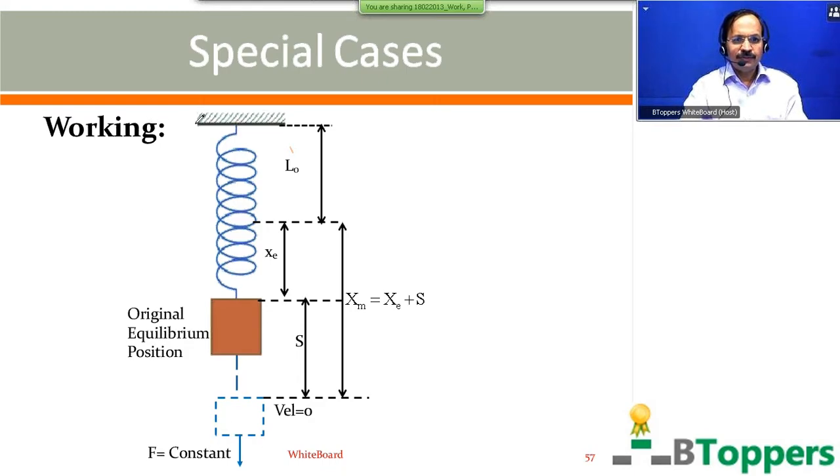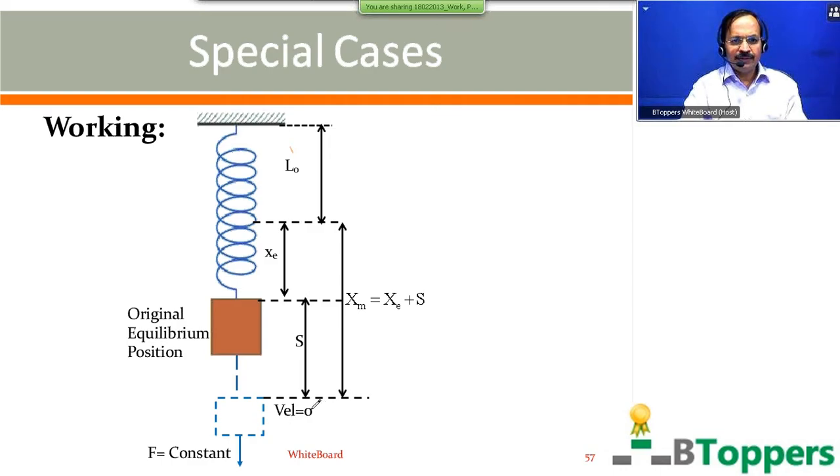This is a figure here. In the figure you can observe from here to here, this represents the natural length of spring denoted by L0. From here to here, this is the elongation of spring in the original equilibrium position of the block. And here, the dotted figure shows the position of the block after application of this constant force in the downward direction. Of course, S is maximum when the position is where velocity becomes 0.